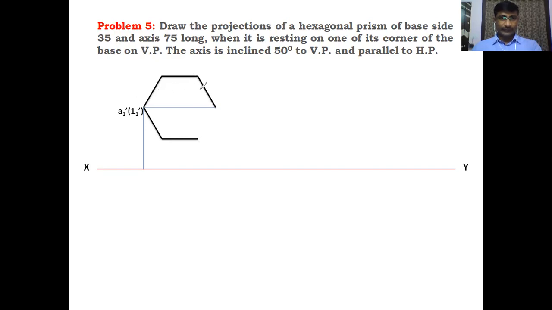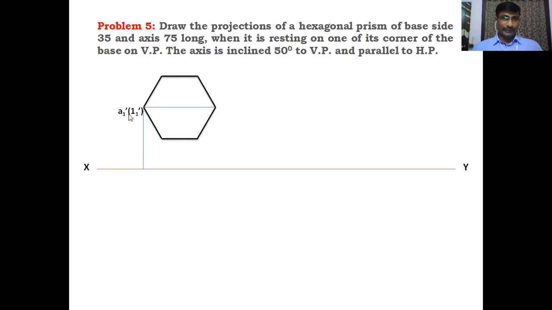This is the 120 degrees. With the 120 degrees line, draw an inclined line, and also draw an inclined line at this point with an angle of 120 with this horizontal line. So like this, you have to draw the two inclined lines at these points at an angle of 120 with the horizontal lines. Then these two lines intersect on the horizontal line at this point. So the hexagon will be formed. The hexagon side length must be 35. All sides must be equal here, which is equal to 35 mm.